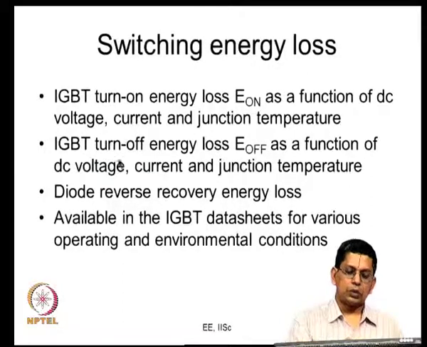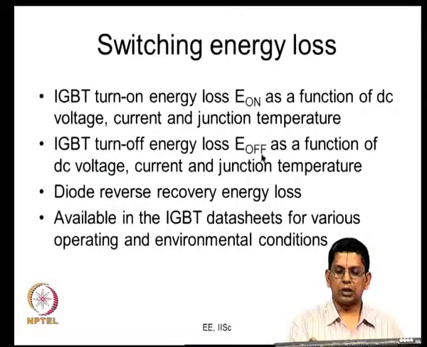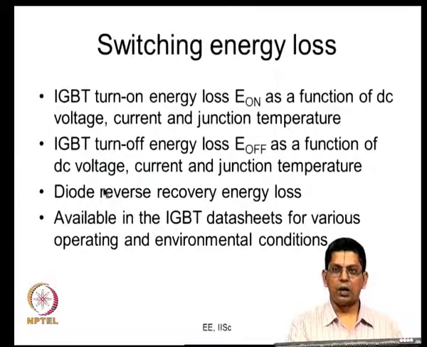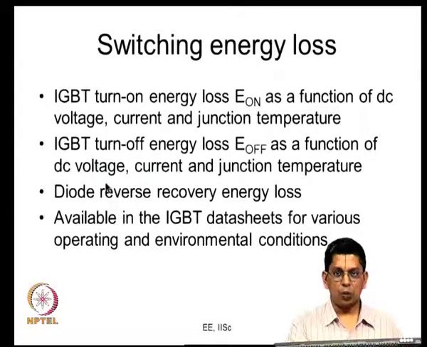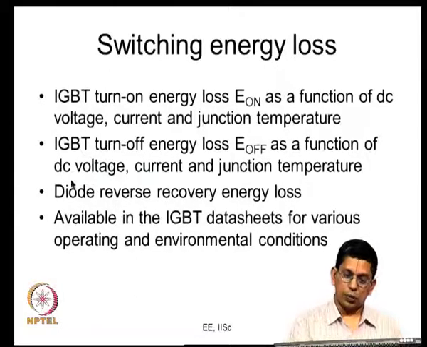Alright. So about the turn off energy loss, for which we use the symbol E off. This is also a function of DC voltage. Of course, if you are switching off a device, it has a certain amount of energy lost. If you are switching only 100 or 200 volts, the energy loss is going to be lower. If you are switching 500 or 600 volts, the energy loss is going to be much higher. Therefore, it increases with the DC voltage that was being blocked,